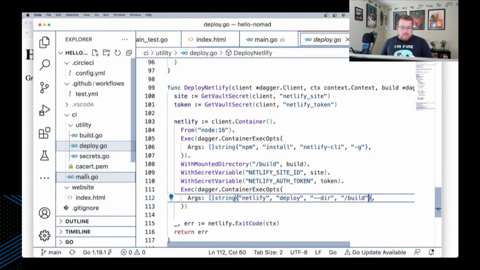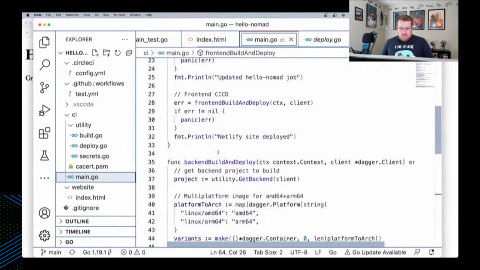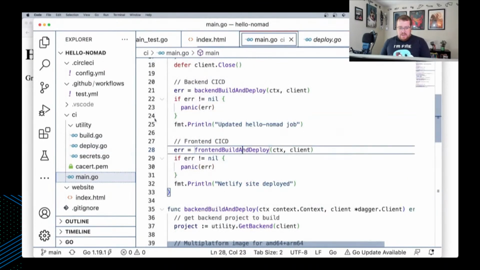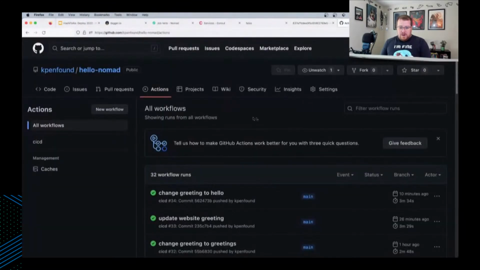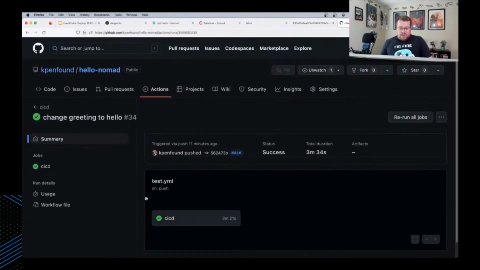And so that's our whole pipeline, right? If I go back here, we've done the front end, and that's it. So again, that's running in both GitHub and Circle CI. And so if we go over here and look at GitHub, here's that commit that we pushed up a few minutes ago, that changed greeting to hello. And so if we look at this real quick,